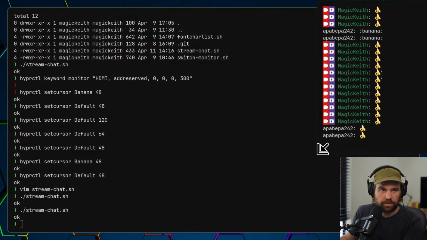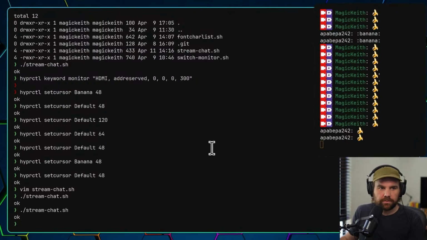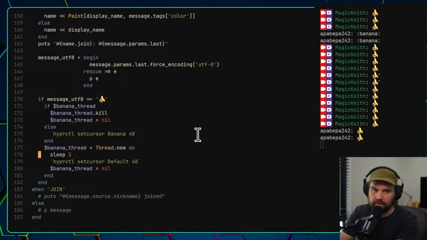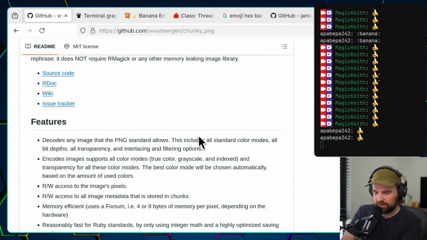I'm just making sure it's positioned correctly. Great. And now I think what I could do as well, if I really wanted to, is because I've got something reading messages on my computer, I could theoretically make it play a sound. How do you play sounds?